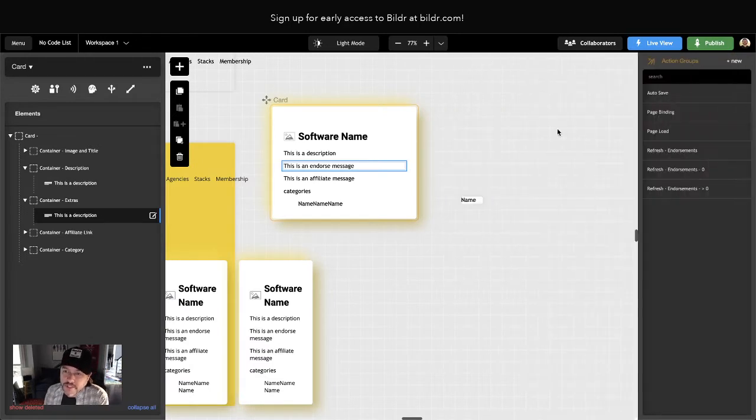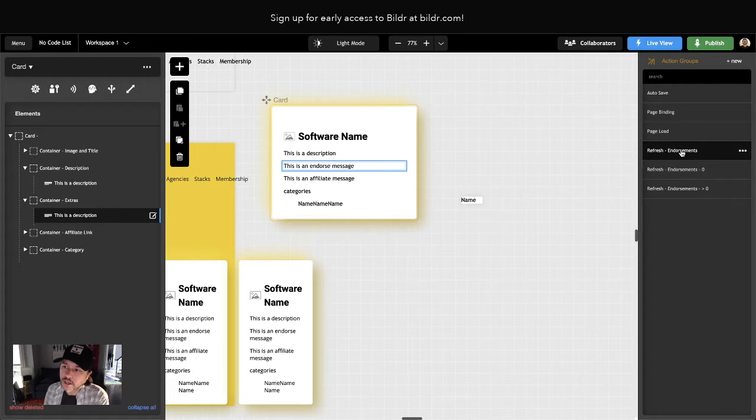Now, it might be slightly more logical to call this like set endorsement message 0 or set endorsement message greater than 0. I would say that's probably better, but I do it like this for organization